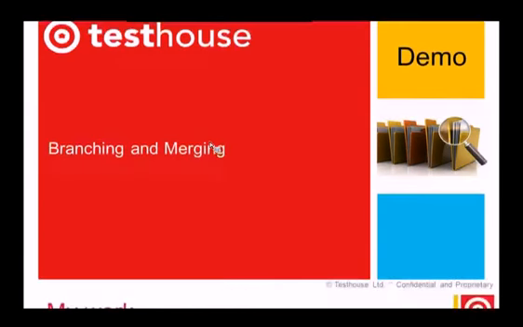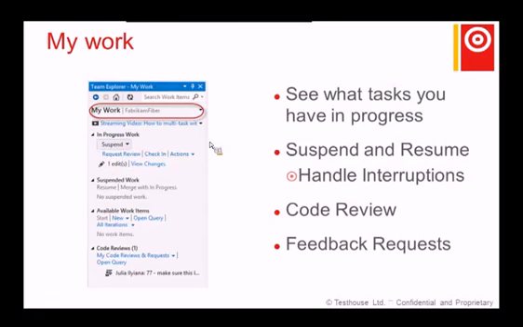I'll show you now some things you can do with shelf sets. So in my work here, over on the right hand side in the Team Explorer, you can do several things. You can see what tasks you have in progress. So you can set up a query which shows you which work items you're working on at this particular time. If you get interrupted by a higher priority piece of work than you're working on at the moment, you can suspend whatever you're working on at the present time, and the system will change that into a shelf set and put it on the code control system, and then you can go and do the work you've been asked to do. At a later date, you can open up that shelf set and everything will appear on your